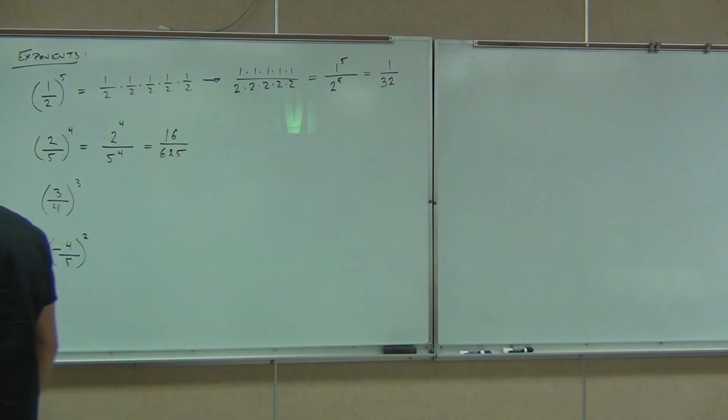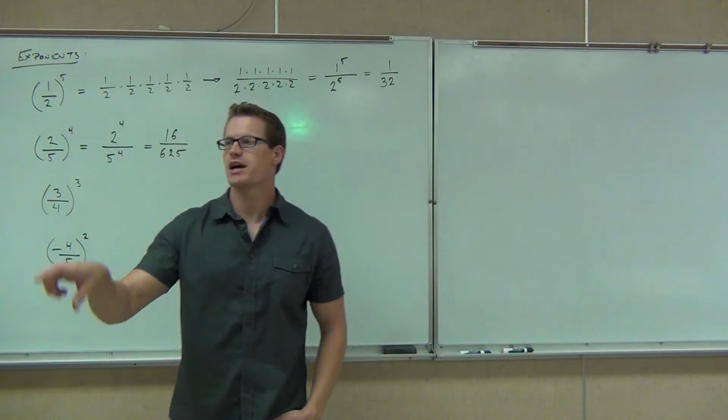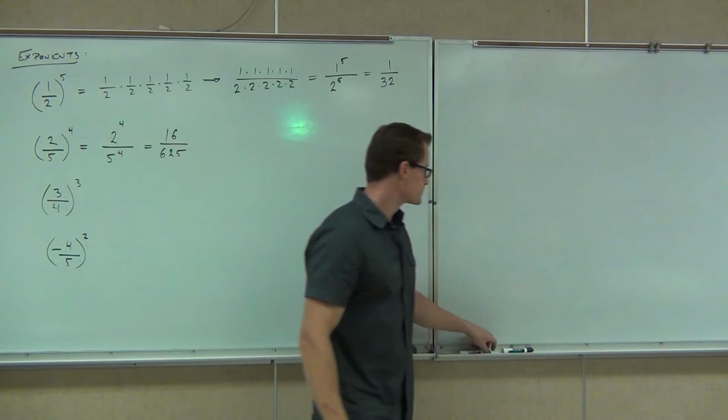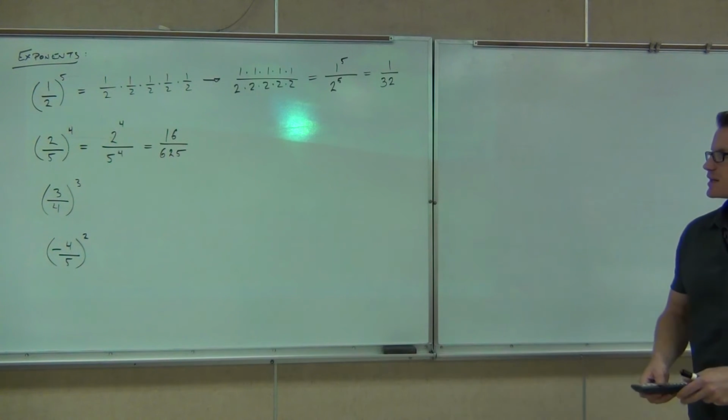So 3/4 to the 3rd power. What this really does mean is 3/4 times 3/4 times 3/4, 3 times. Or we can think of it, which is probably a quicker way to do it, as simply